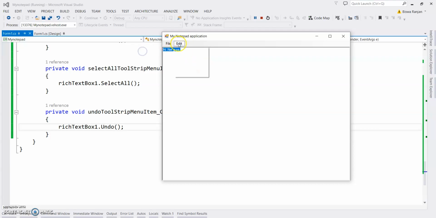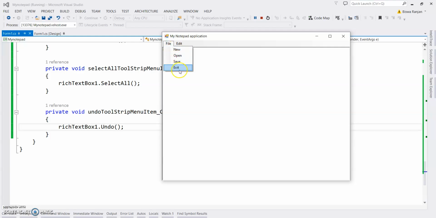Paste, copy, paste, select all. You can see undo, again undo. Let's say I write something here: hi there, how are you? Now click on undo. You can see it's coming, doing the undo.